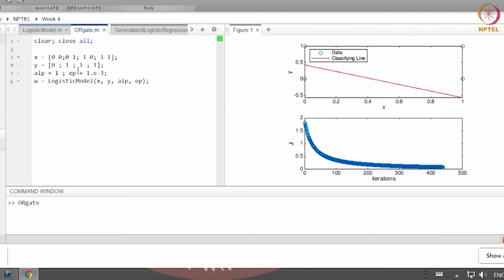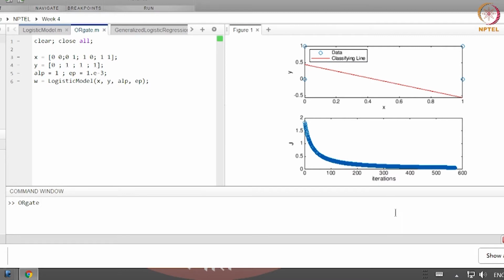Now, if I wanted to do the AND gate example, all I would need to do is change these. If I change this to 0, this to 0 and this to 1 and play with this, which I would recommend for you, please change all your data points and check what kind of gates it classifies. In fact, I would even recommend that you try and do the XOR gate, which is simply this one changed to a 0, and see what it does.